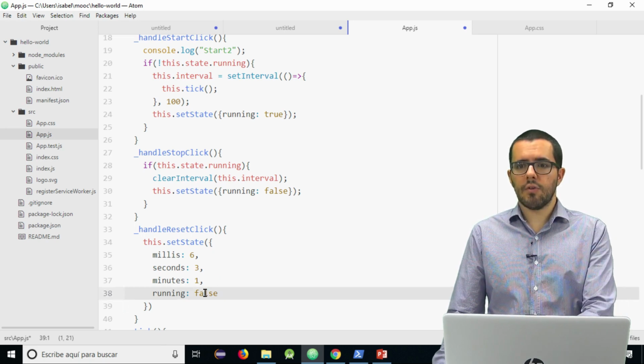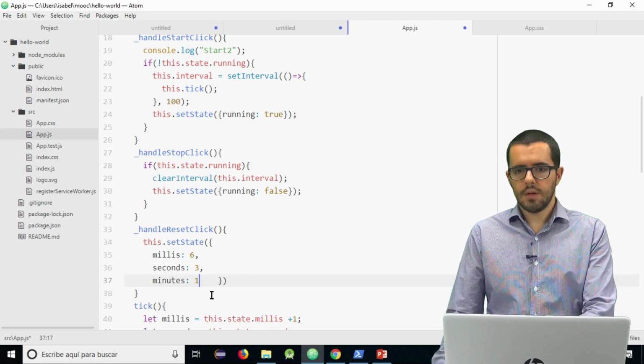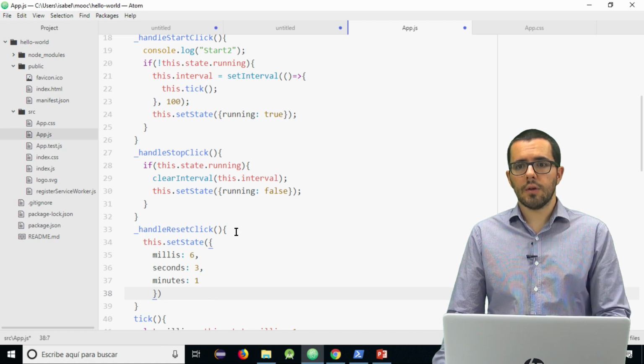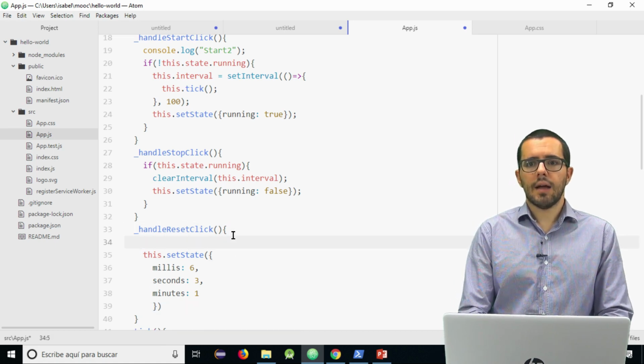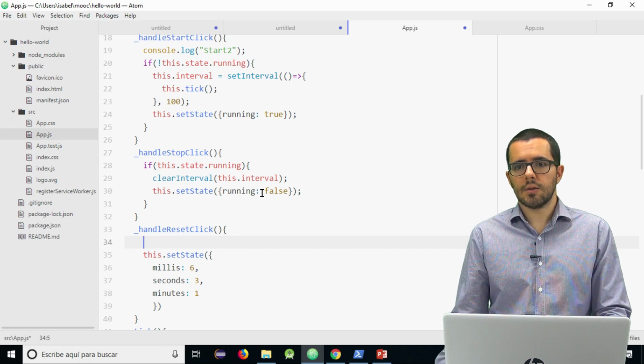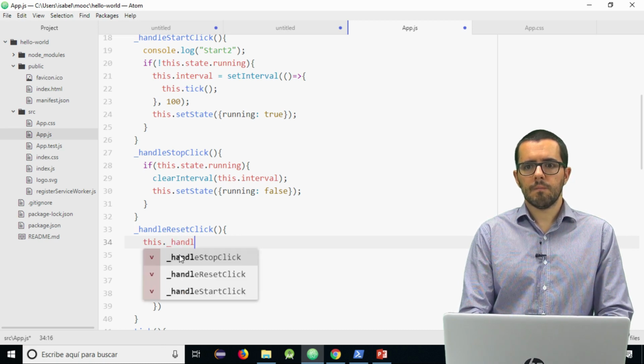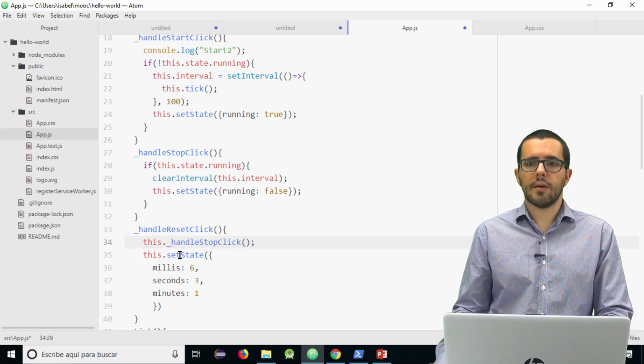I can say running false, or better, if I consider that it is needed, I can call the other method that is handle stop click, that already does running false, but also clears the interval, so I will use it. That's why I created that method.